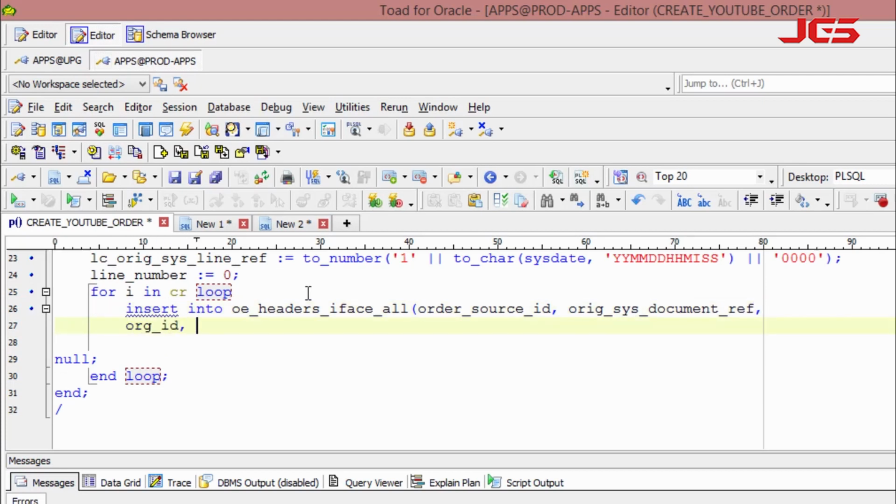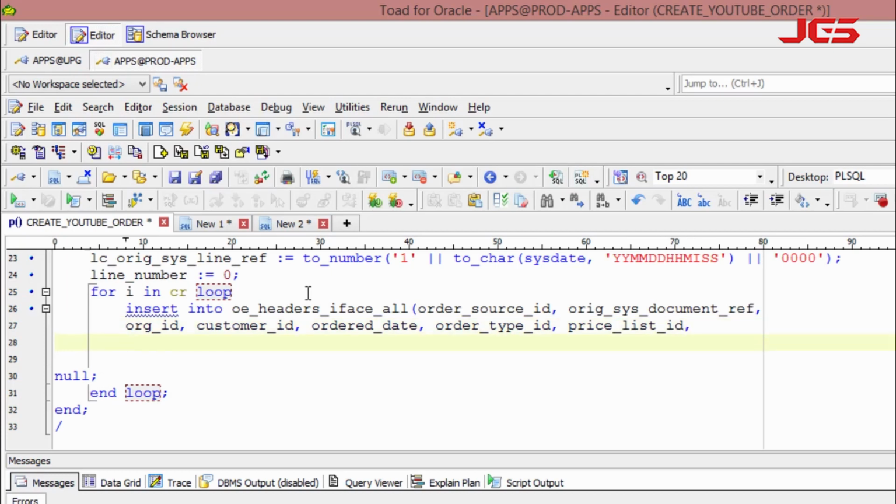Next is org ID, customer ID, order date, order type ID, price list ID, currency code, sales rep ID, payment term ID, payment term,